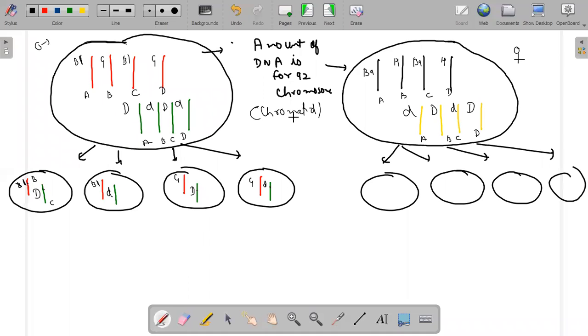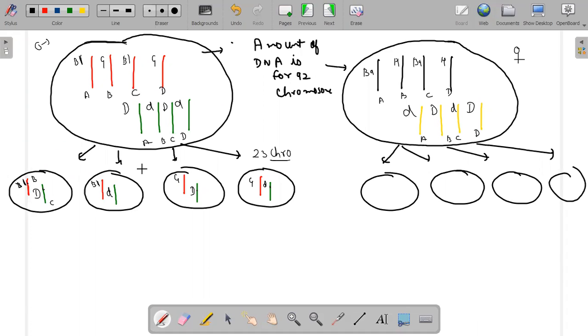Now here the amount is for 92 chromosomes, and here the amount is for 23 chromosomes. So here there are only 23 chromosomes. Every chromatid is having an amount of 1 chromosome. I'm not able to draw everything, and I'm not able to explain everything, because this chapter is what I'm teaching you from your 11th class. That's why there is a bit of a problem. I'm not in the mode to explain each and everything.